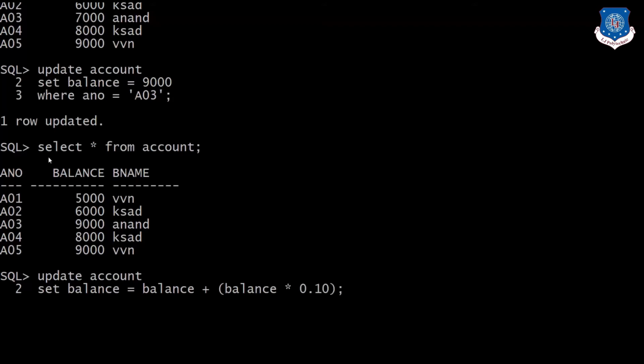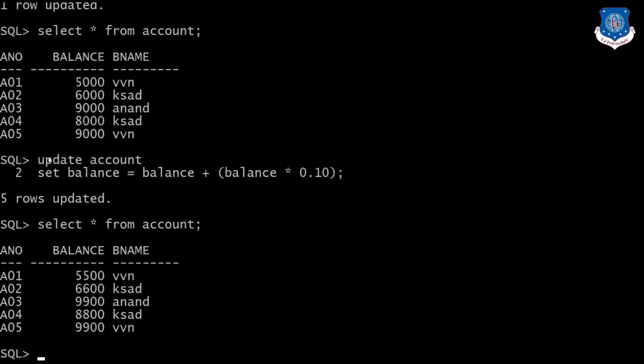We'll give 10% interest to each record. So 5 rows updated. Now check whether the rows have been updated or not. So 10% interest has been given to each account.